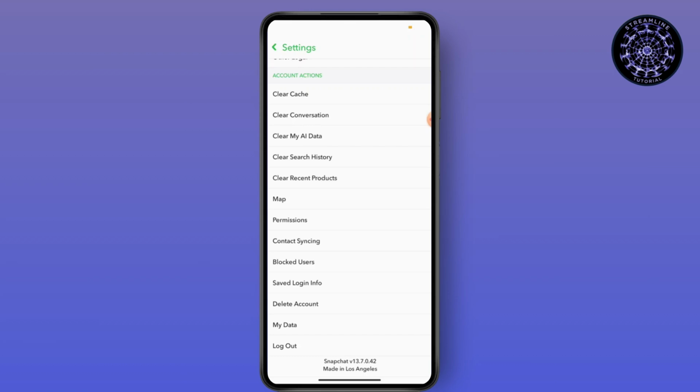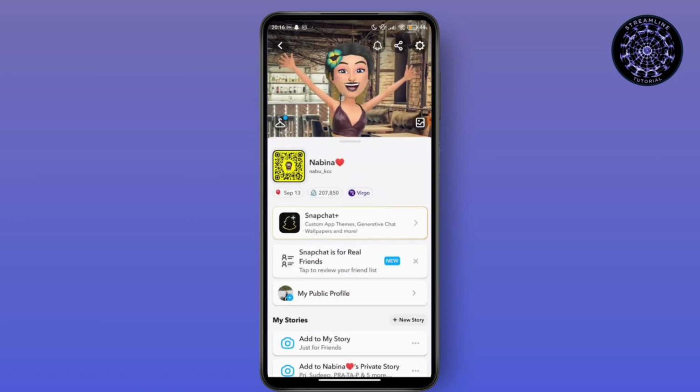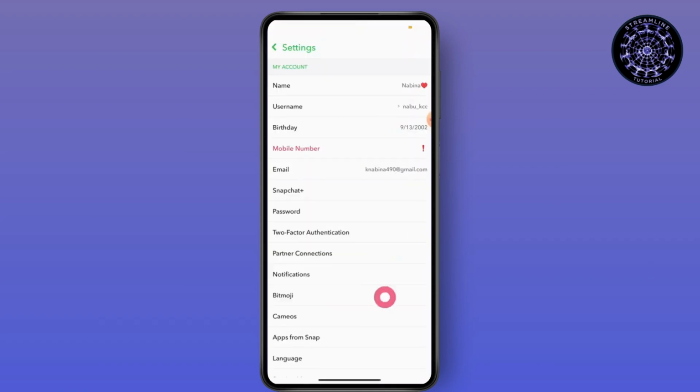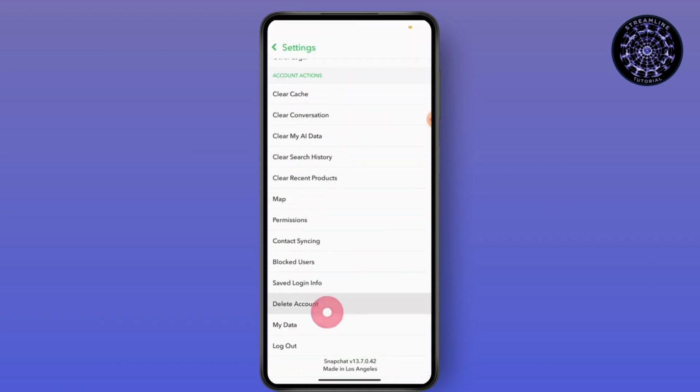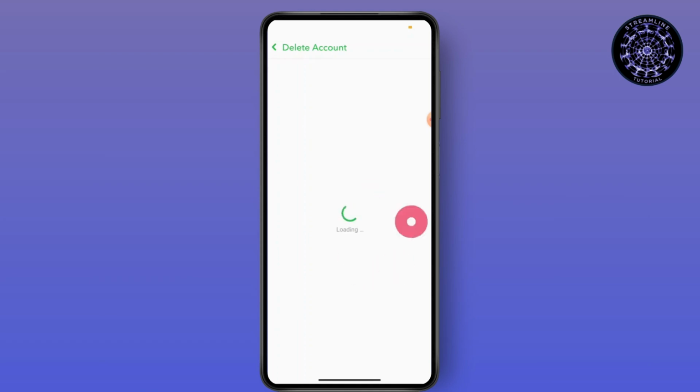Also, you can delete your Snapchat account to remove all data including the streak and messaging with the friend. So here you can see that you have to go for your settings and scroll down and go for the delete your account. And the page is loading. You can delete your account from here and you have to verify and follow the on-screen instructions to delete your